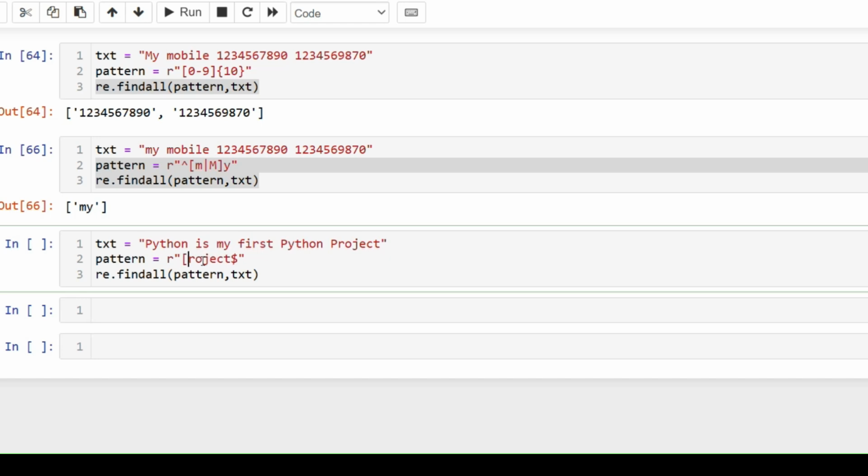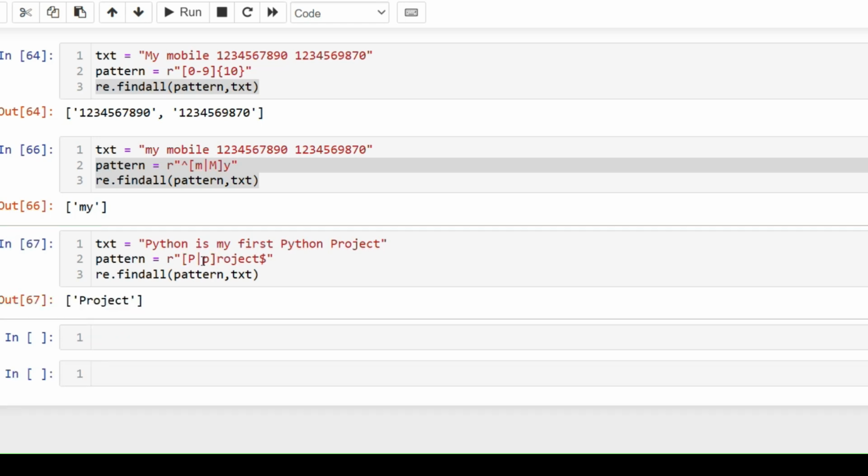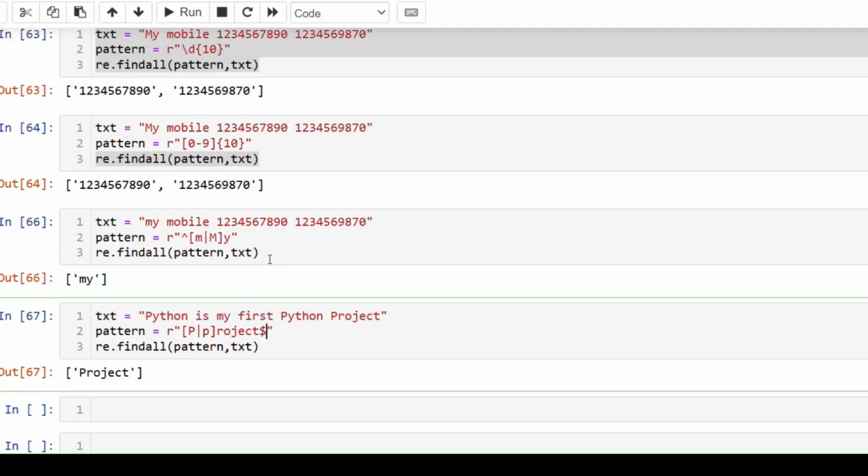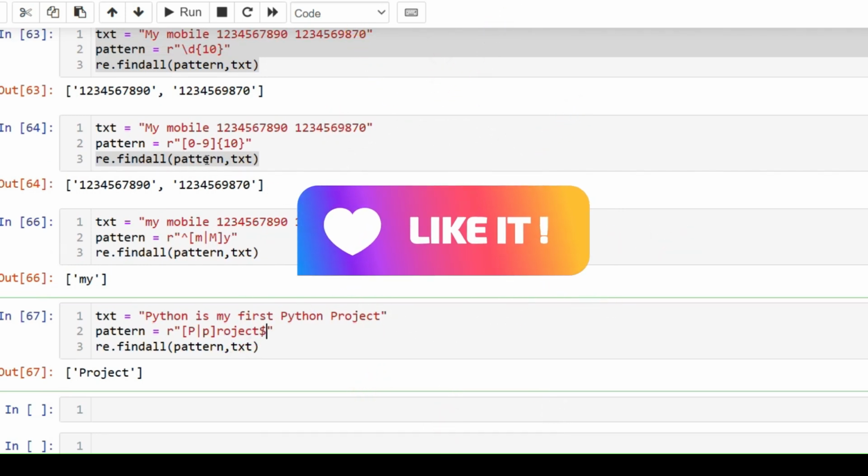If project is small or capital, I can use the pipe. Okay, project occurs. So the cap we have learned, the dollar symbol we have learned, slash d we have seen,